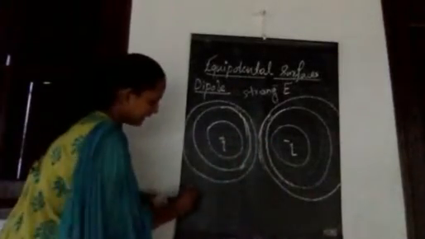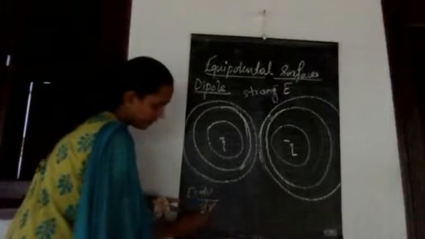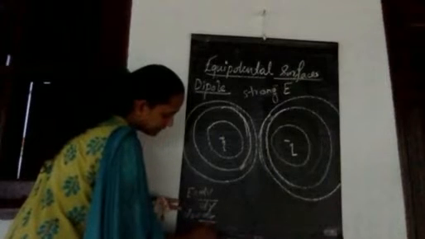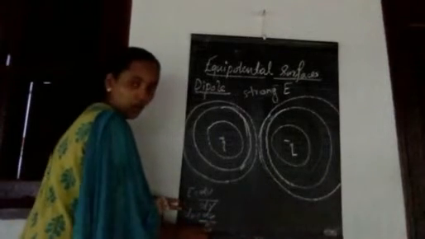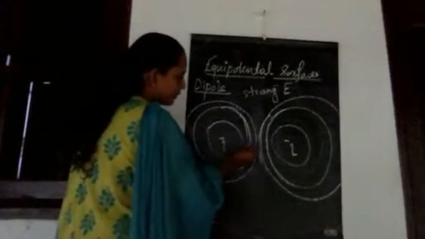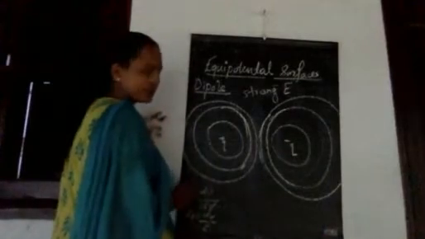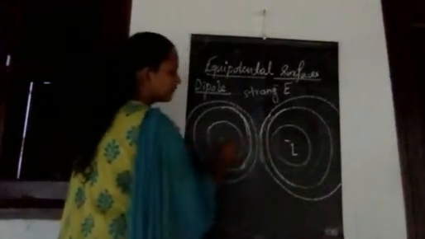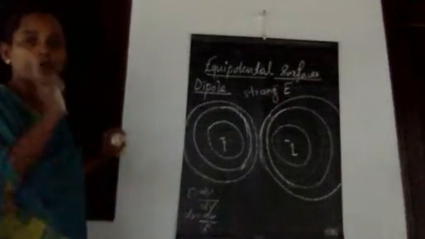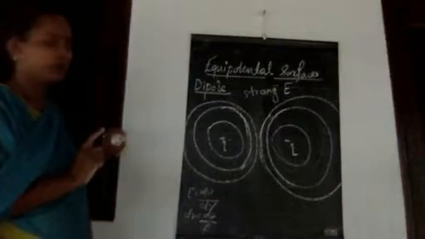We studied that E is equal to dV by dr. One relation is there. Therefore dr is dV by E. So the field is strong, therefore the distance will be less. That means here the equipotential surfaces are close. Understood? Because in between that there is a force of attraction. So while drawing the figure you must note that down. Otherwise you won't get the full mark. Understood?